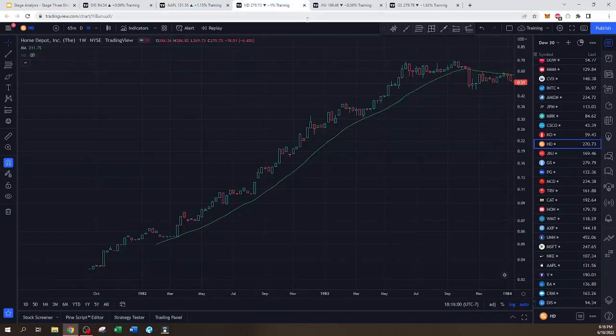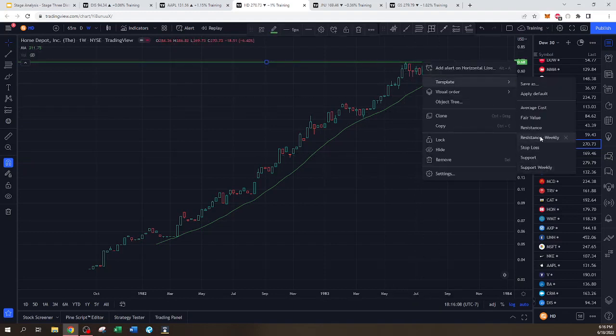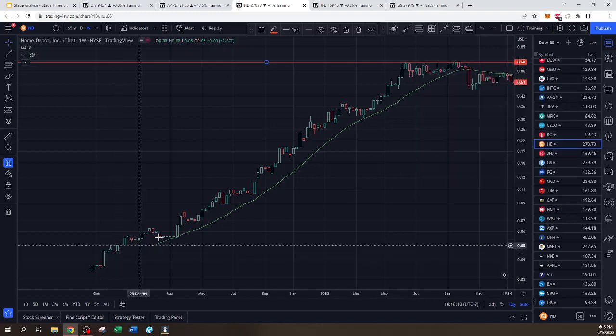Next up, we have Home Depot. This is Home Depot in June of '83. So we get this massive move coming out of the IPO for Home Depot. It goes straight up for about 2 years. And then we put in a Stage 3 top. The whole time price just trades sideways. This sideways consolidation period allows the moving average to catch up to price, and that's when we see things really start to get interesting.